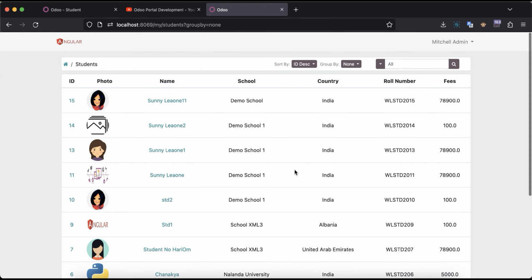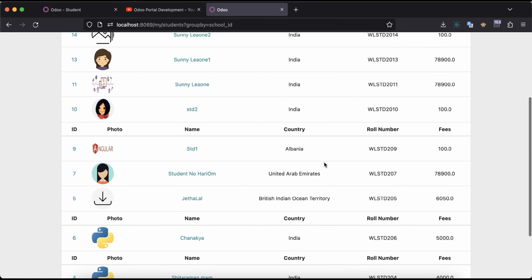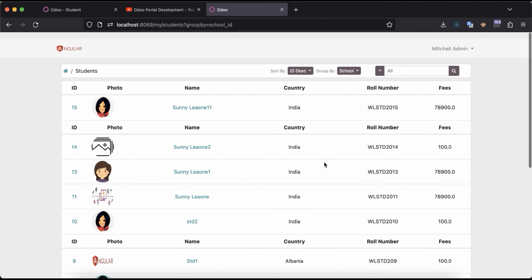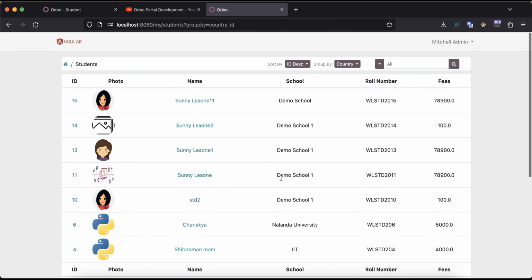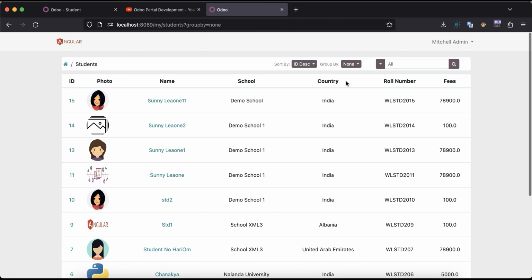So let's say this is the normal view, right? By default the 10 records are available this way, but let's say if I try to use the school, oh, the header part is missing, right? You can see here. Or let's say if I try none,